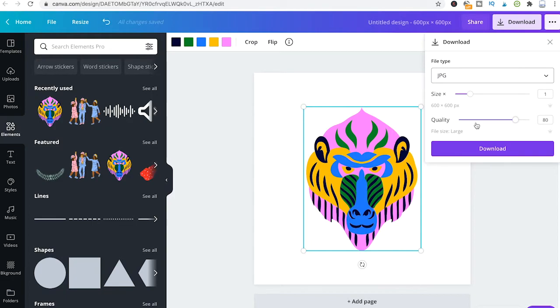That's it. All you need to know about how to download images or certain elements in Canva Pro with a